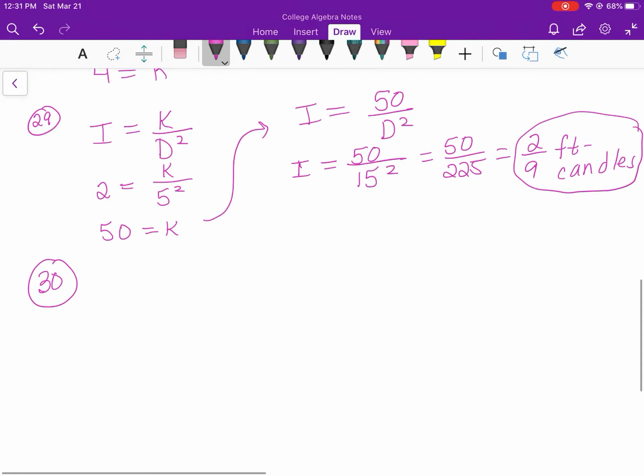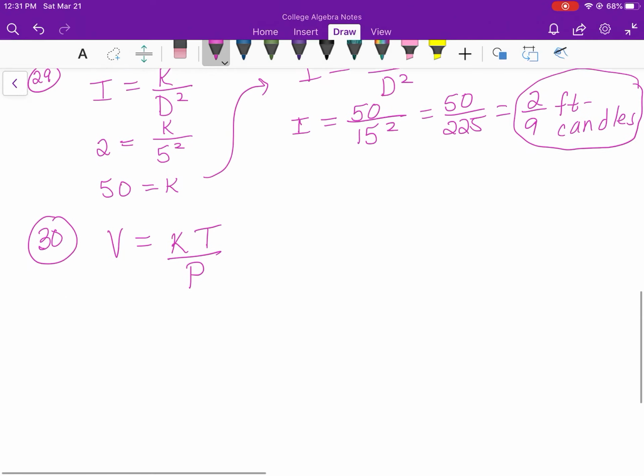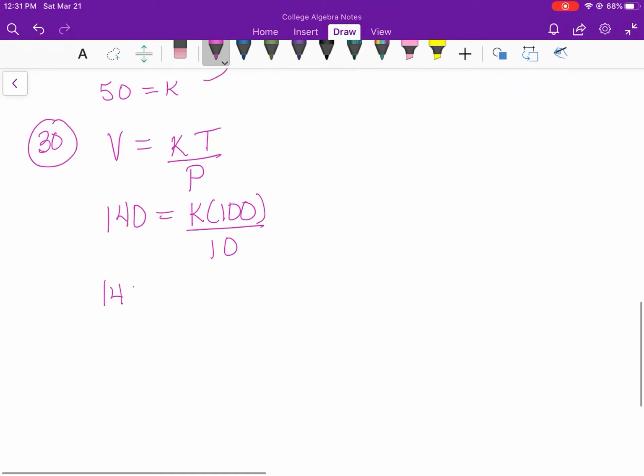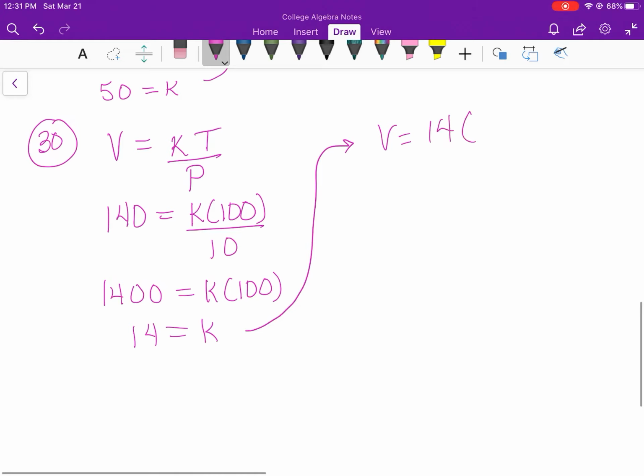All right, number 30, our last one. Volume varies directly as temperature and inversely as pressure. So volume is 140 when our temperature is 100 and our pressure is 10. Solving for k gives us 14. Start over. Our temperature is 310, and we're going to divide by 15. I'm going to put that into my calculator and get 289.3